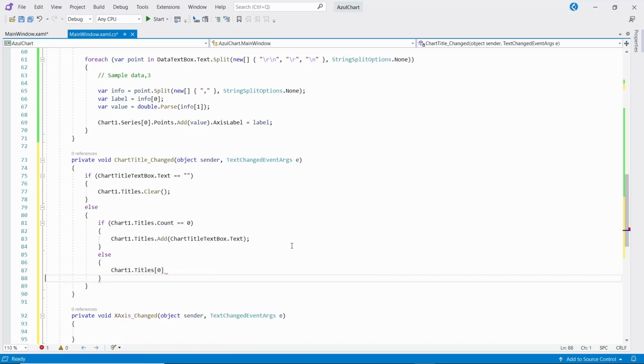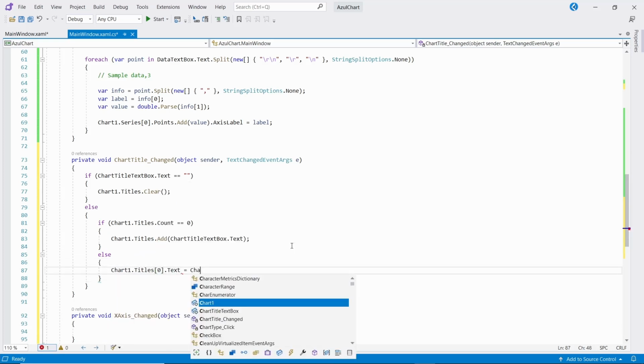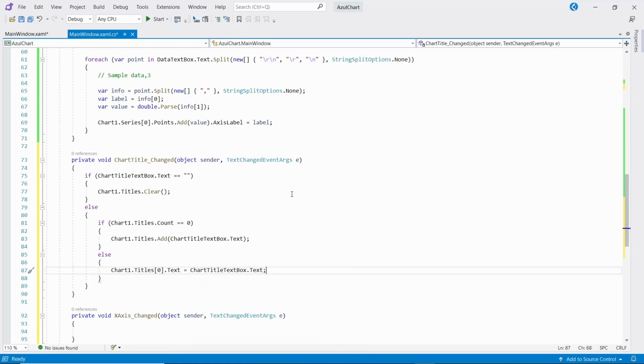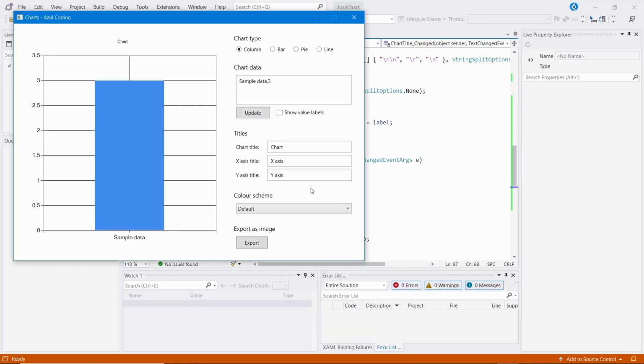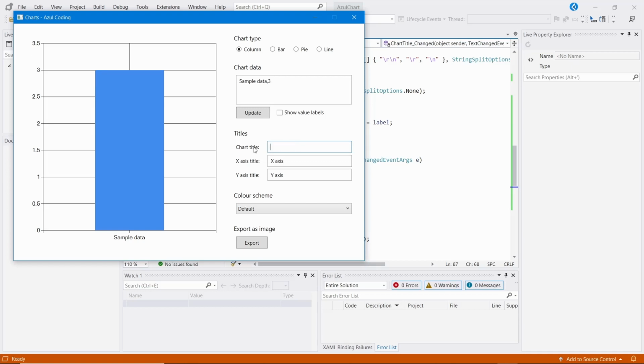And otherwise we'll update the one we have. Let's see if it works. So changing the title like so, as you can see it updates automatically above the chart, and if we delete the title, it gets removed from the chart and doesn't leave an empty space.